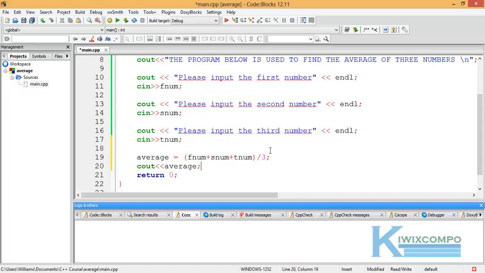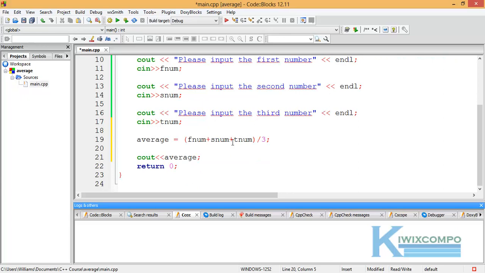Alright, you're used to seeing cout with quotes. Now if we are using strings, which is just normal statements, normal English that you can see, that's when we use quotes. And if you're using a variable, you don't need to put any quote, because if you use quotes, it will treat it as a string. And now we're saying cout average, right? And it will show us the result, but we need to be a little bit explanatory. We need to tell the user that, hey, this is your result. So we put a string like